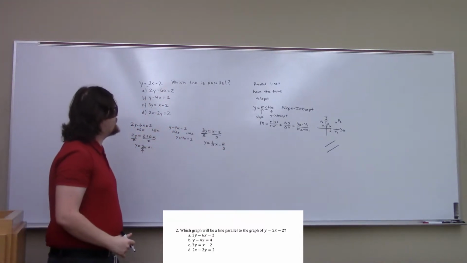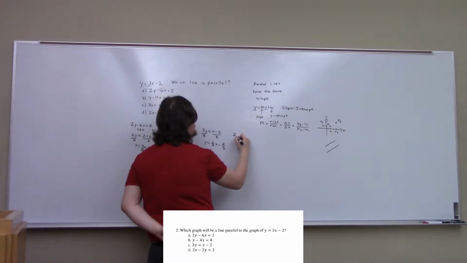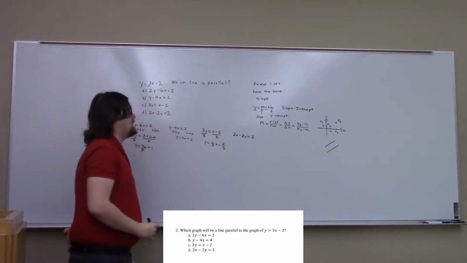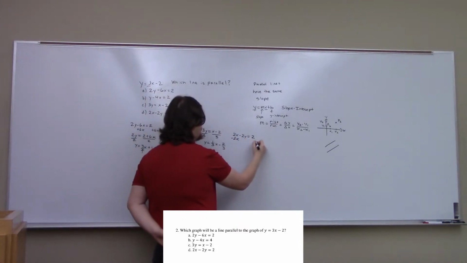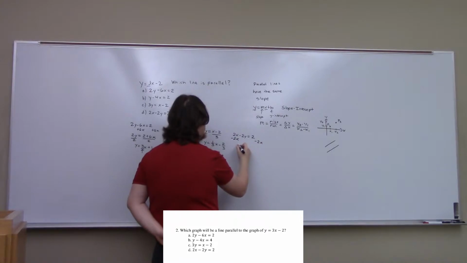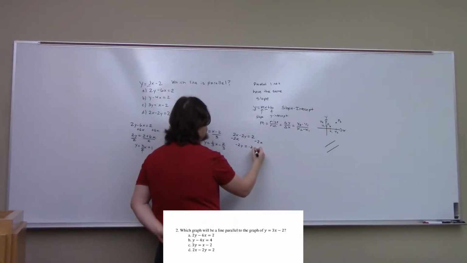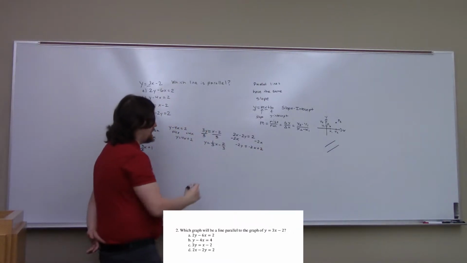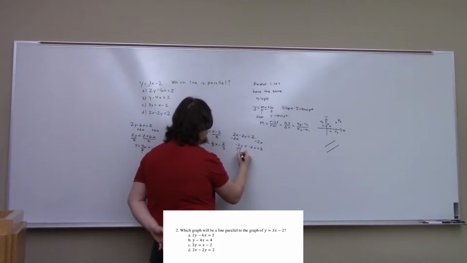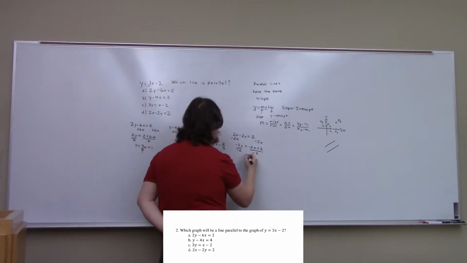Alright, finally we have 2x minus 2y equal to 2. If we first subtract 2x from both sides, we are left with negative 2y is equal to negative 2x plus 2. If we then divide both sides by negative 2, so that we get y by itself, we'll get y